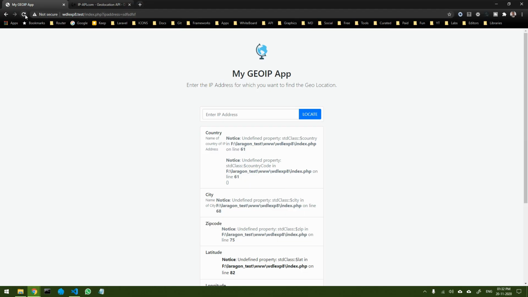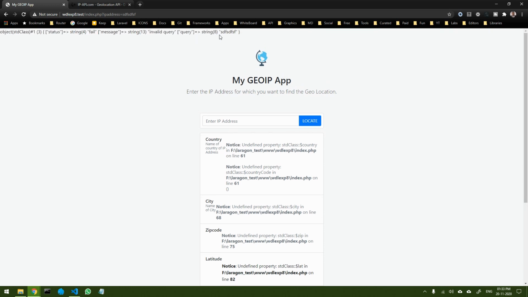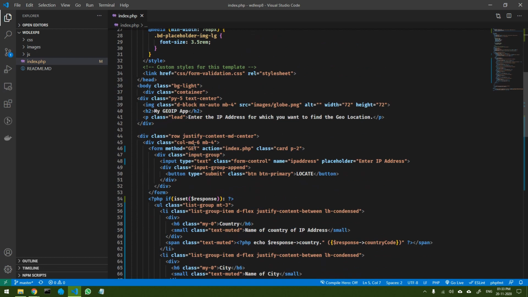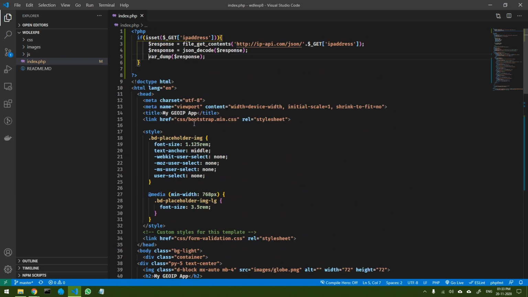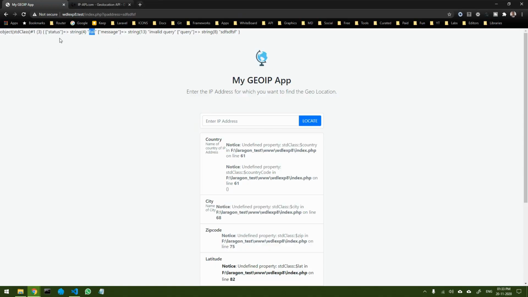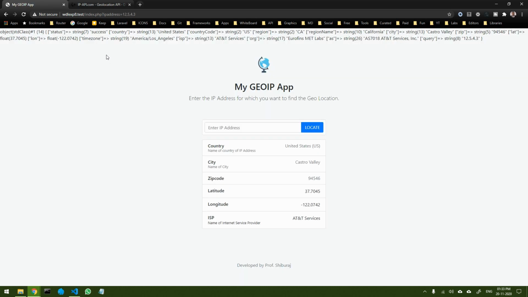So you have not entered an IP address, you have entered something completely different, right? That is why the message that you got is a status of fail. So let's do a response check first. Okay, so this was the response when there was a successful resolution, right? Now let's do another query, and you can see